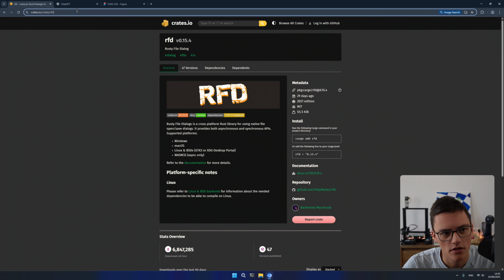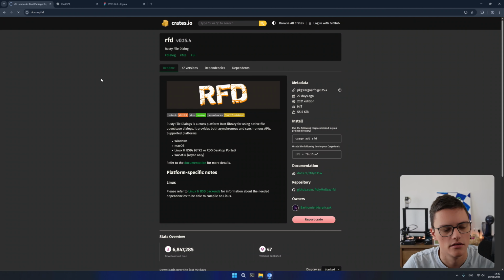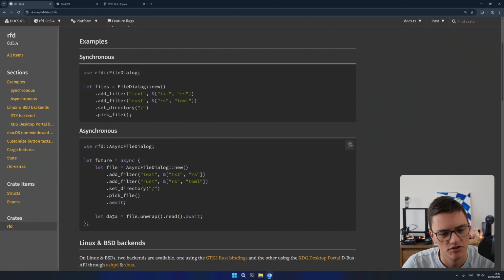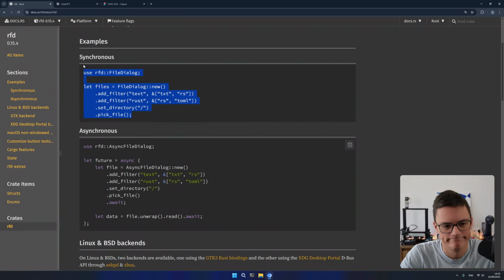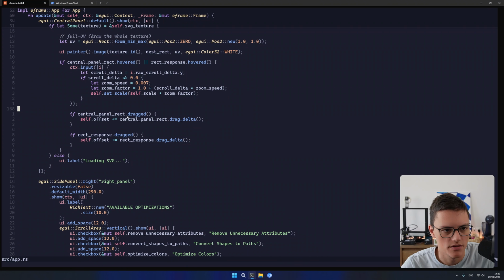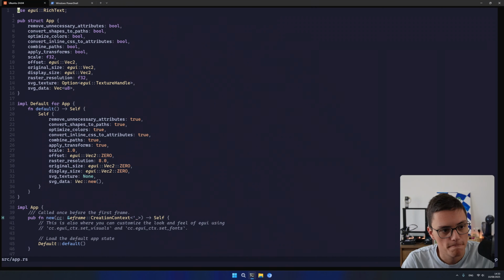And I'll open the docs for RFD. Okay, that seems pretty simple, honestly. Sync and async. So it's a good question. Should I use the synchronous or the asynchronous file dialog? And I believe the synchronous is fine because there's no need for the app to continue running while the user is browsing the dialog. That's what we care about here. Okay, well,